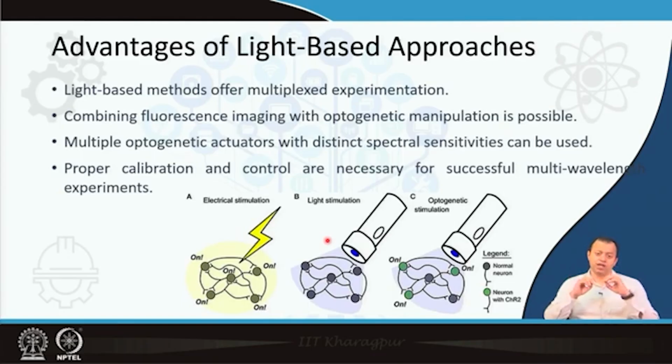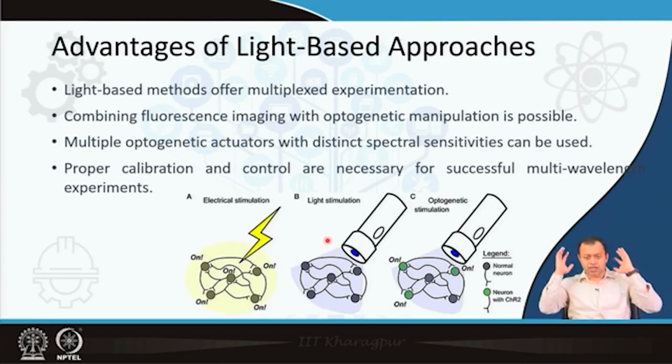Different sections of the brain are attached with light activated proteins, different types of light activated proteins. Protein A is activated by red light, protein B is activated by blue light, protein C is activated by green light, and all of those light activated proteins are at different places of the brain, some in cerebellum, some in cerebrum, some in medulla oblongata, some at frontal